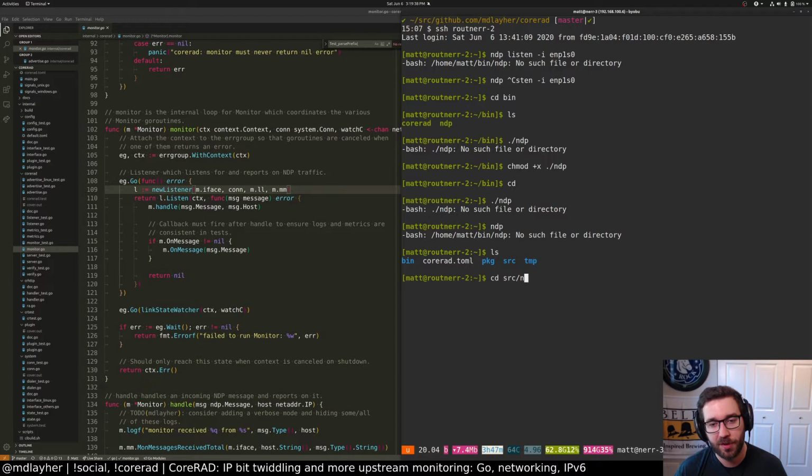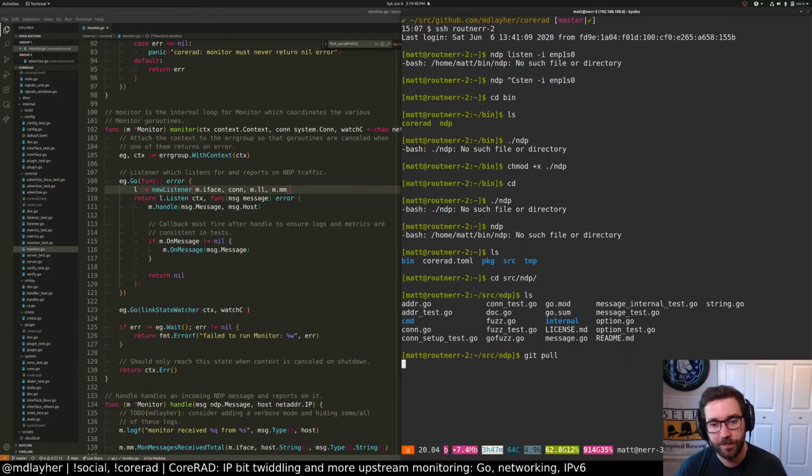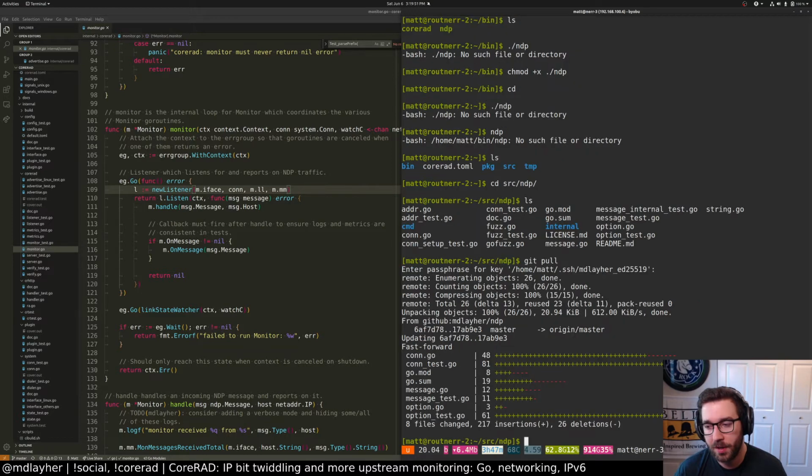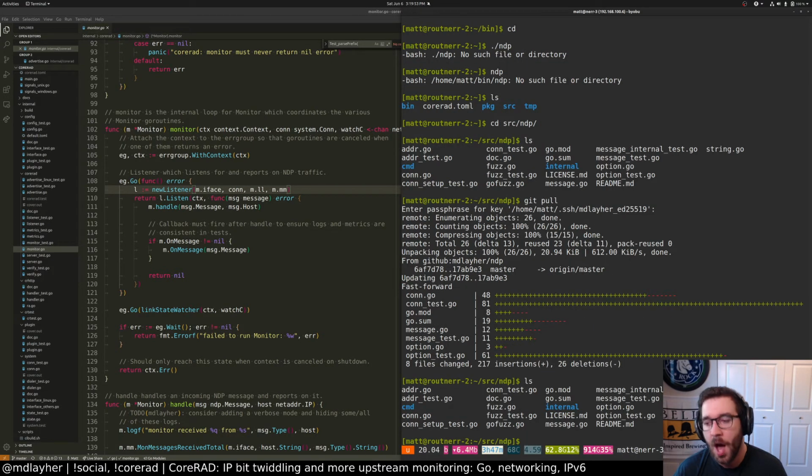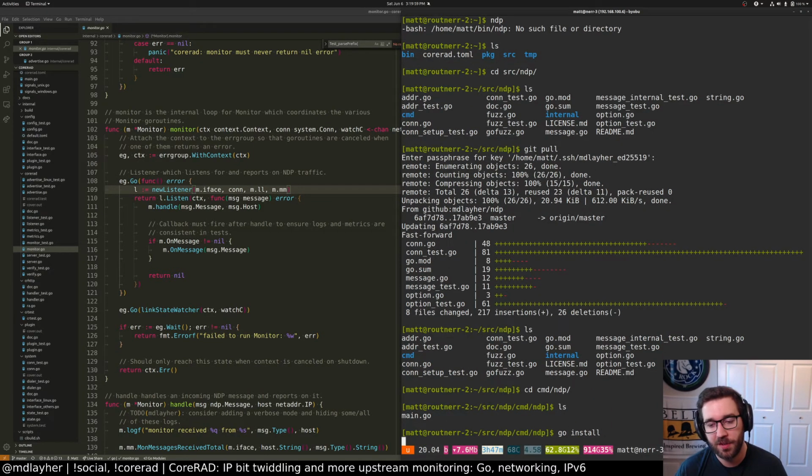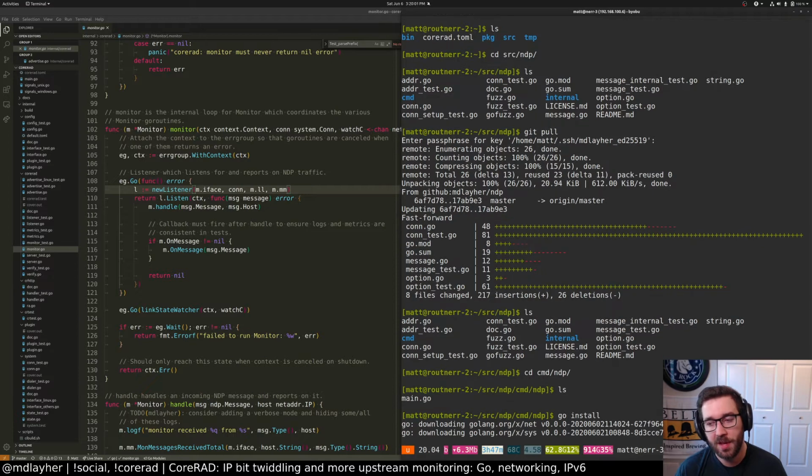Let's see here. So source ndp. Oh, great. It can't find the loader. Oh yeah, so I think I SCP'd the binary. So we can just go ahead and do this. And this will work.